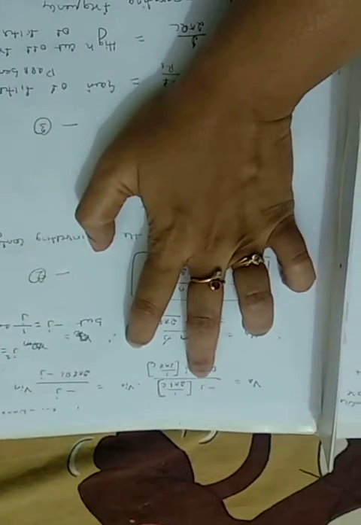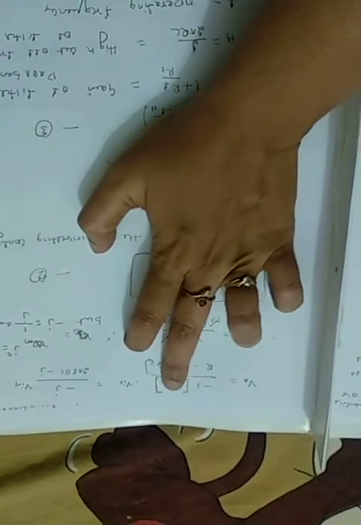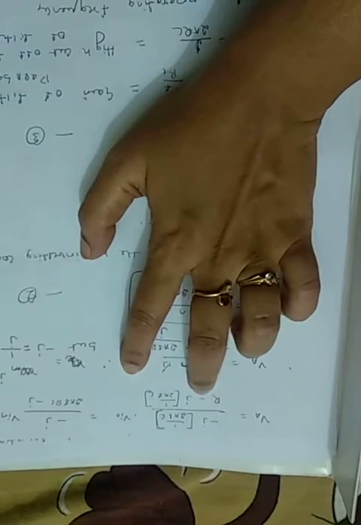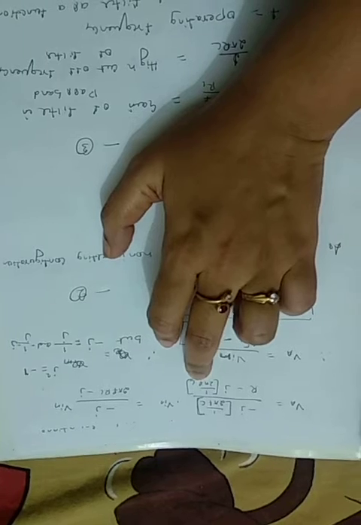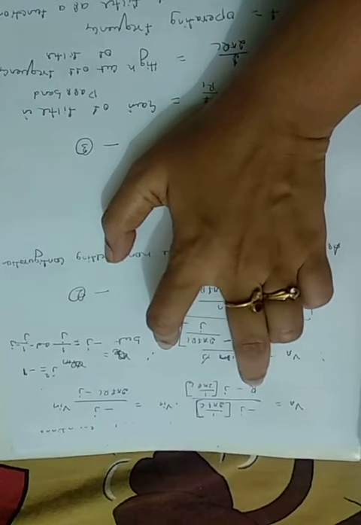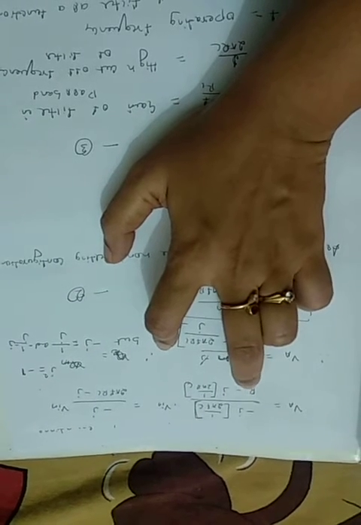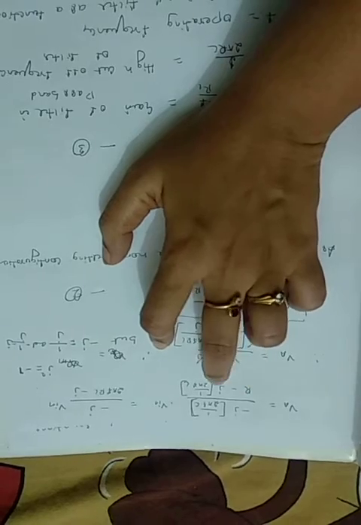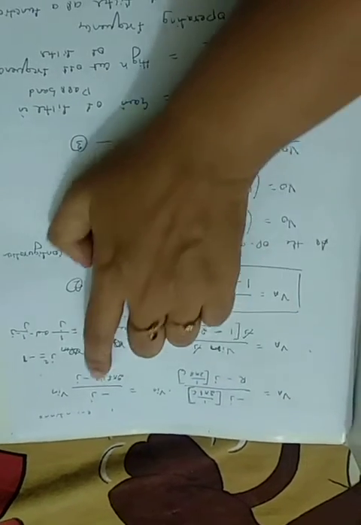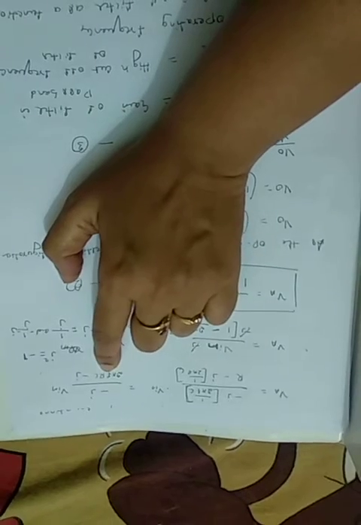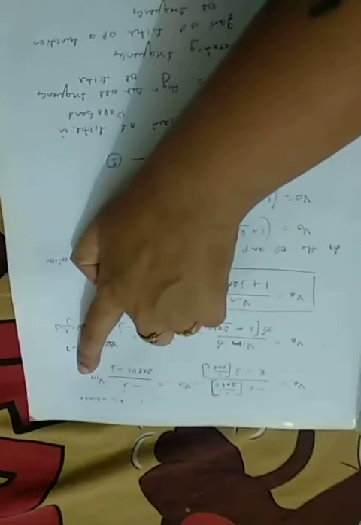So now, what is VA? VA is minus j times 1 divided by 2 pi FC, divided by R minus j times 1 divided by 2 pi FC, into Vin. Now I have taken the 2 pi FC LCM. If I take LCM here, this will become 2 pi FRC, minus j, over 2 pi FC into R minus j. So this 2 pi FC and this 2 pi FC will get cancelled. That is minus j divided by 2 pi FRC minus j, into Vin.